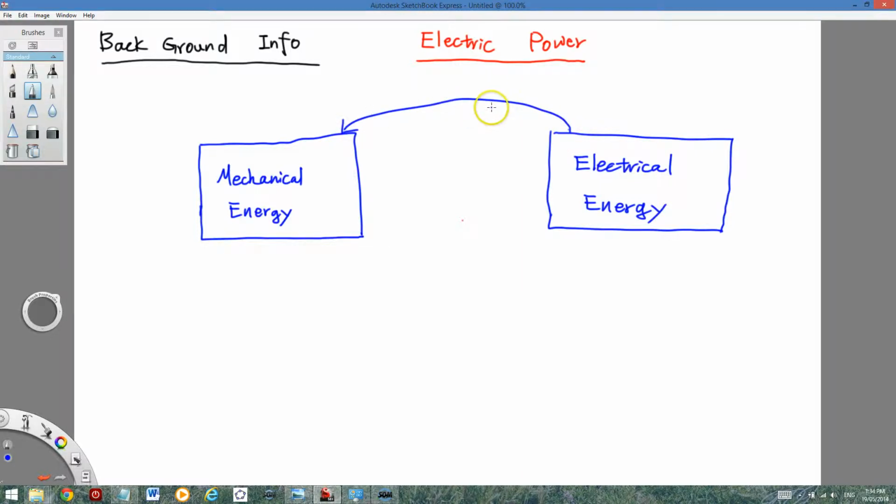This is basically how an electrical motor works. Say if I connect a motor with electricity, it will spin. And this is a transformation. Just remember,